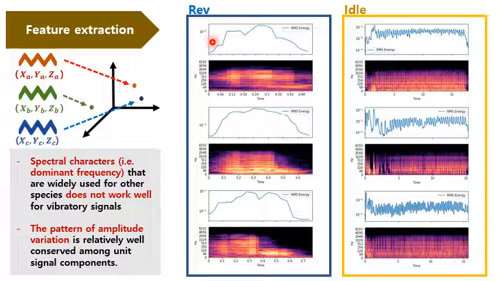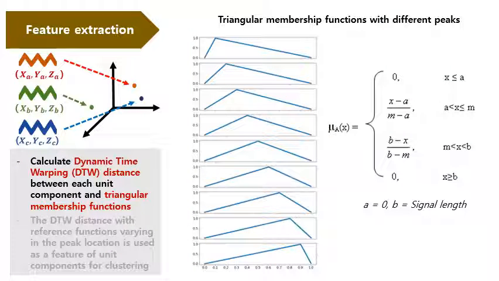However, the pattern of the amplitude variation, the blue RMS curve, is relatively well conserved compared to the spectral characters. Thus, we decided to use the pattern of the RMS variation as a major feature for the clustering algorithm. To extract features of the amplitude variation, we calculated the dynamic time warping distance of each unit signal component with